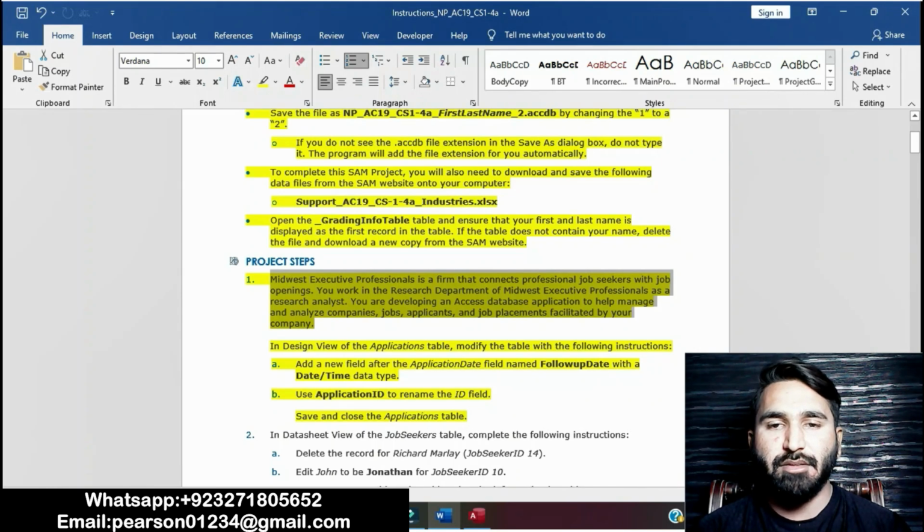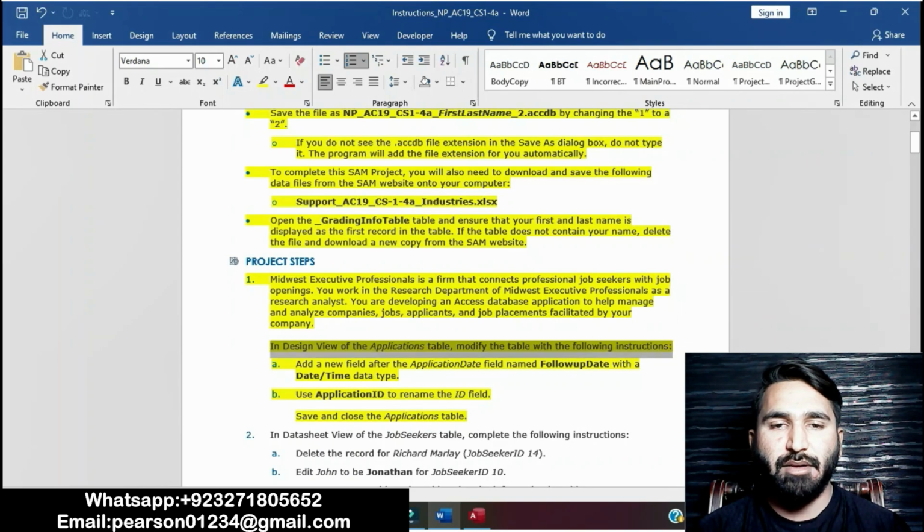You work in the research department of Midwest Executive Professional as a research analyst. You are developing a SAM database application to help manage it. In Design view of the Applications table, modify the table with the following instructions.